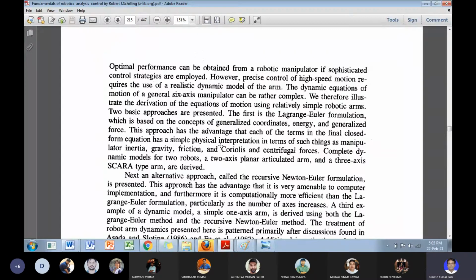So 1 upon 2 D omega square it is representing, and Dk is the 3 by 3 inertia